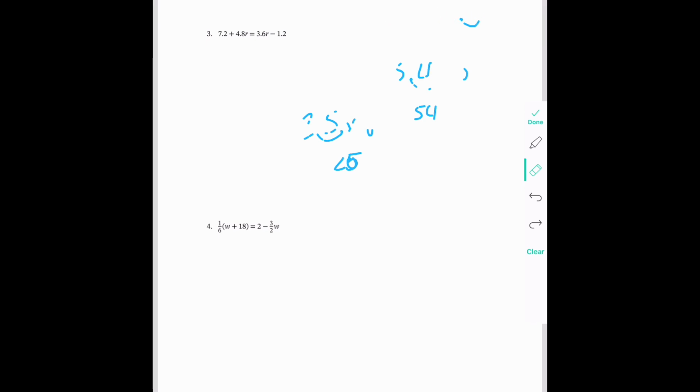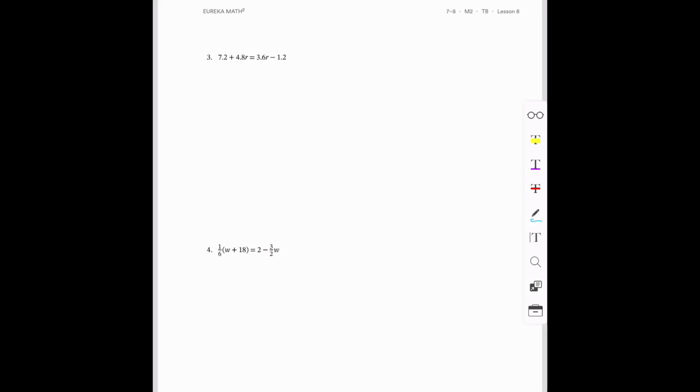So if we look at number 3, you go to step 1. We don't have step 1 to do. You go to step 2. There's no step 2 to do. So we're on step 3. We're on special step 3. But before we do that, we could change all of the decimals into whole numbers. Since they all have one place to move to make them whole numbers,